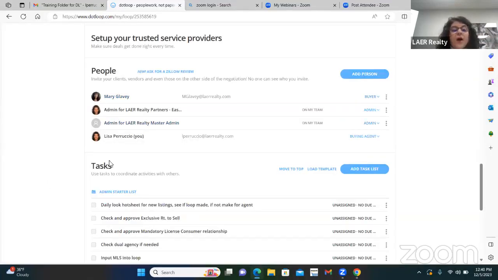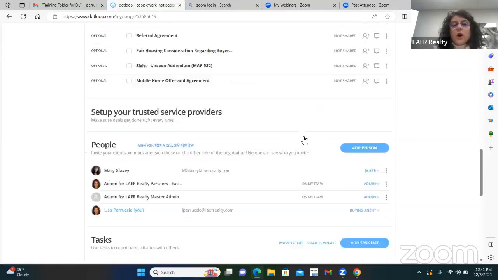So now you've done step 2. Step 1 was create the loop. Step 2 was add the people with their roles. Please do not skip this step, because step 3 is dependent on step 2, which is fill out the paperwork and send it to your client. So if we go up here to the paperwork,